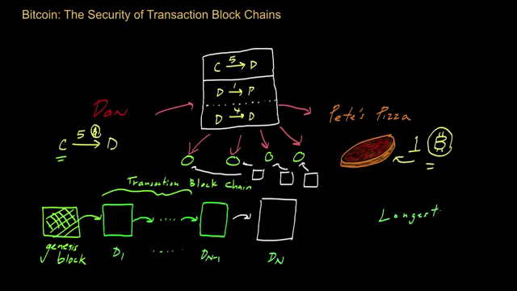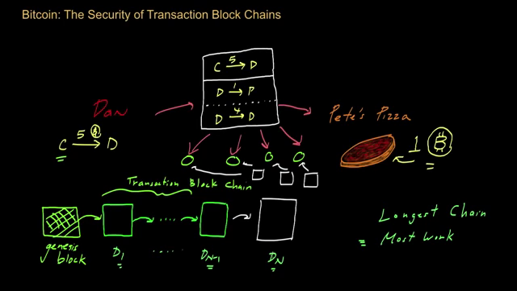In the Bitcoin system, that particular chain is often referred to as the longest chain. And this is actually kind of confusing terminology, because by longest here we don't mean that this chain is long in any physical sense. We really just mean, and I'm going to put 3 equal bars to say what it means, by the longest chain, we mean the chain that has the most work. The way work is defined is that you look at all these different difficulty numbers and add them up, and that gives you a difficulty score for the entire chain. We're interested in the chain that had the most work put into it, and we call that the longest chain.